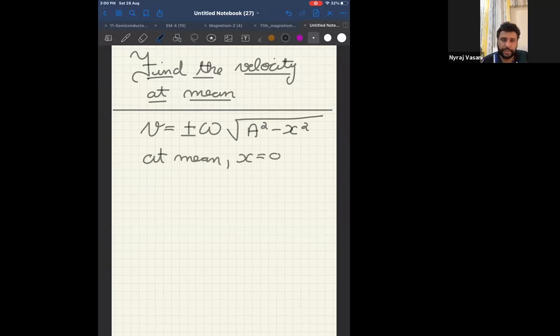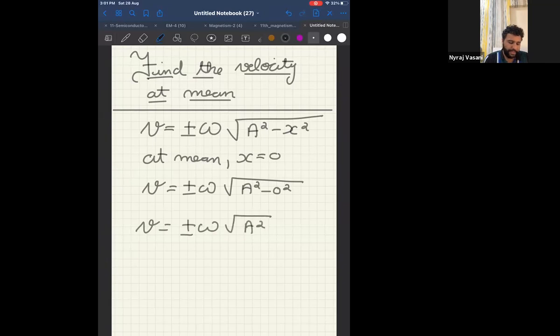If I put x is equal to 0, I will get v is equal to plus or minus omega root of a square minus 0 square. Or v is equal to plus or minus omega root a square. Or v is equal to plus or minus omega a, because square root of a square is a. Therefore, can I say velocity at mean position is plus or minus a omega, which is maximum,